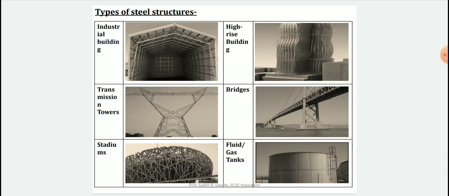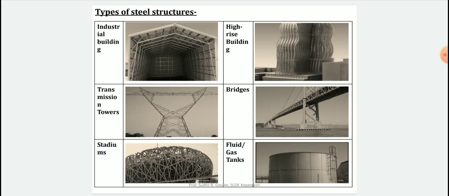In the third photograph, it is transmission towers. This is a regular figure you must have seen, where transmission towers, telephone towers or observational towers are usually constructed using steel as a material. Here angular sections are used with a triangular form of geometry, and a combination of this triangular form of geometry forms one complete truss. The next example is of bridge structures. Here again large spans are possible in case of bridge structure where concrete may become uneconomical.